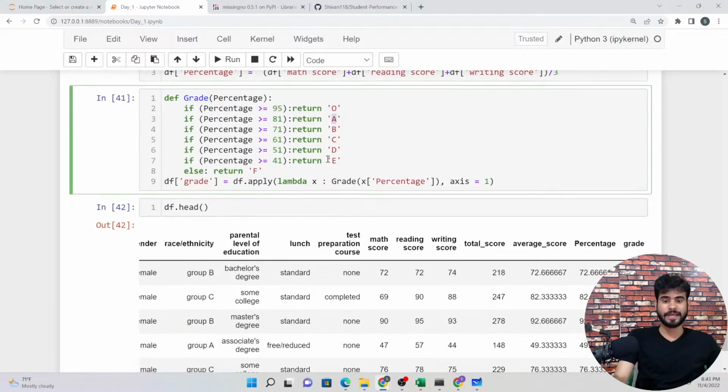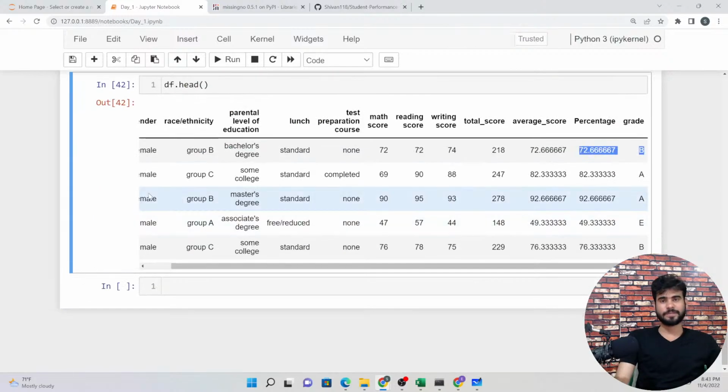As you can see, if the people have greater than 71, then they will get the B. So it means our conditions are working fine, right? Now,